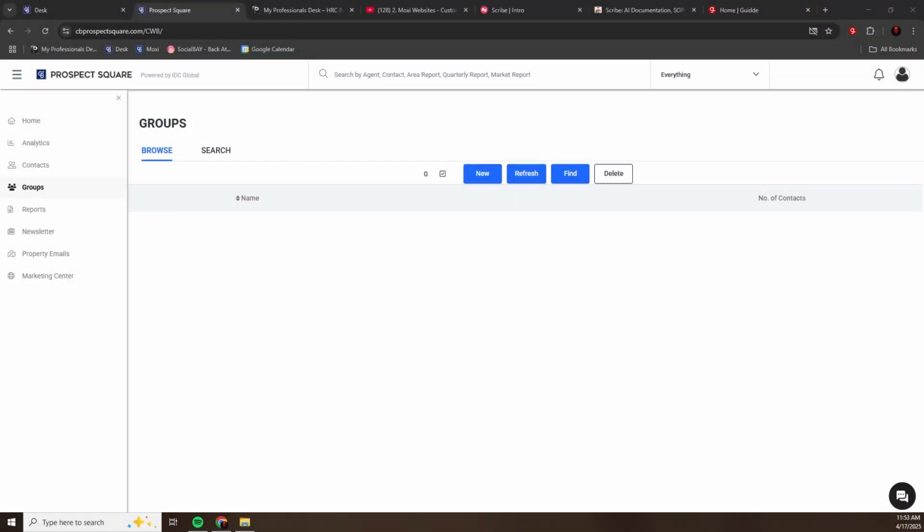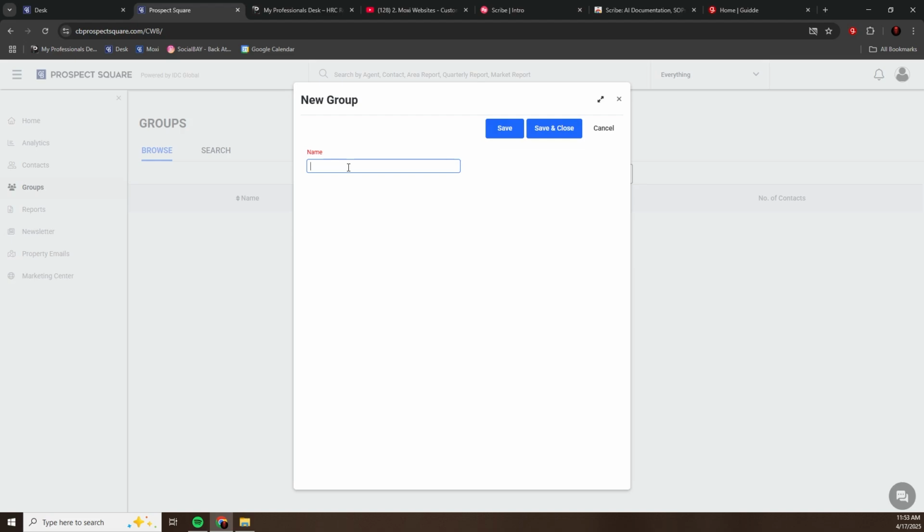The next thing we're going to talk about is creating groups. Groups are a good way to keep your contacts organized. So the way we do that is similar to adding a new contact. We're going to click new. We're going to name it group 1